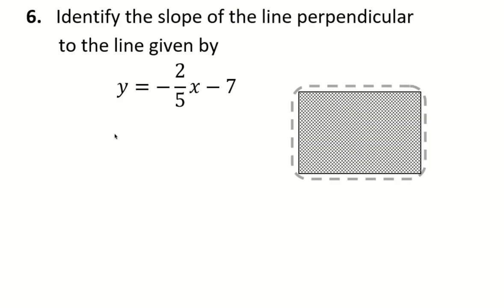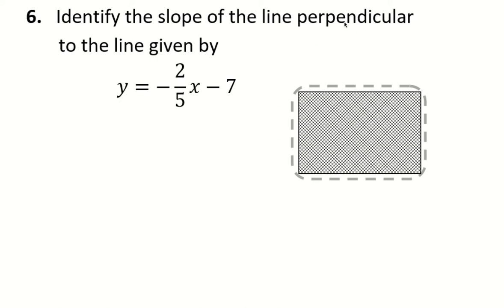Number 6, identify the slope of the line perpendicular to this line. Okay, so if the line was going to be parallel to this, we would just go with the exact same slope. But perpendicular means something different. If two lines are perpendicular, their slopes are opposites and reciprocals, or as I say, refliprical. So you would say they're opposite reciprocals of each other. So you would take the opposite sign. So this slope is